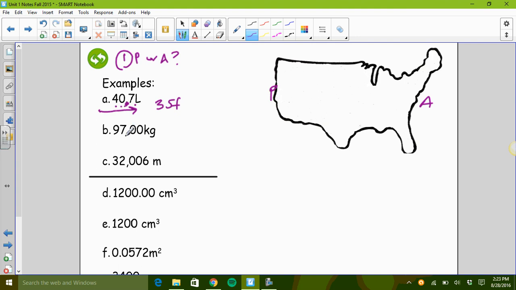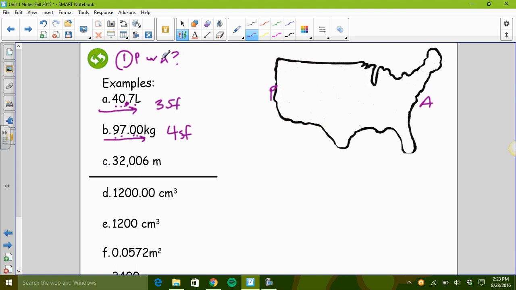Let's go down to the next one. The first question, present or absent? It's definitely present. Start from the Pacific, start counting at the first non-zero digit. 1, 2, 3, 4. So you are counting those zeros, because once you start at the 9 and the 7, you don't stop counting, because everything after that gives it more and more accuracy. There are 4 sig figs in this measurement.